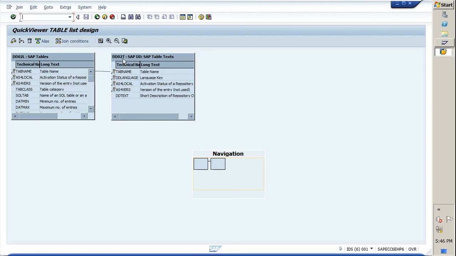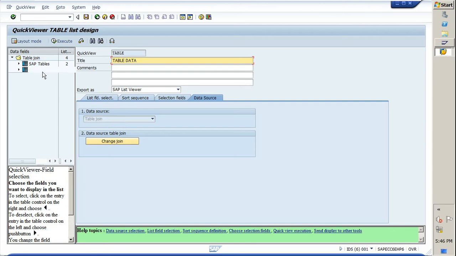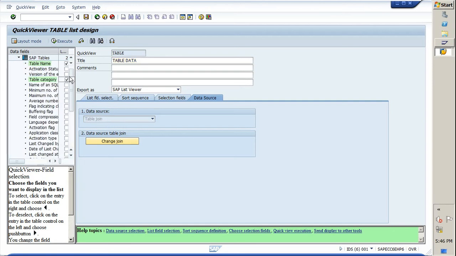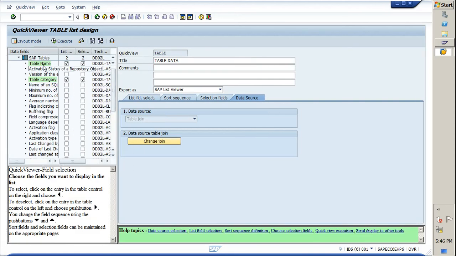Now we need some input parameters as well as some output parameters. I have taken table name as both input and output parameters, and table category as both input and output parameters.